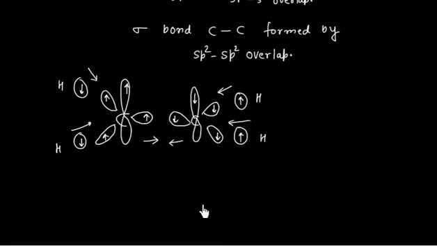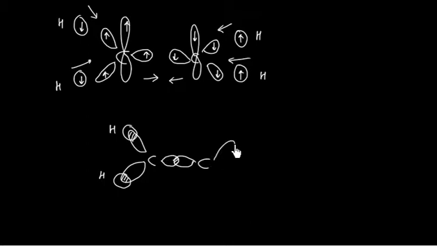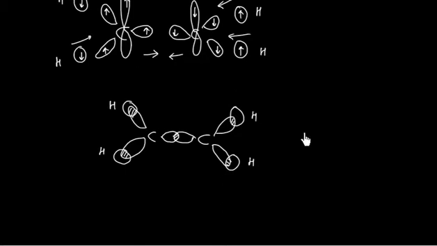Then they start forming bonds. So we will have bond formation between carbon and carbon. That is, one sp2 lobe and another sp2 lobe will overlap. We will have electron cloud overlap here. And then we have carbon hydrogen overlap. Here we also have a carbon hydrogen overlap, and on this side we have hydrogen. Here also a carbon hydrogen overlap. So all these bonds are sigma bonds. So this frame is called the sigma frame.